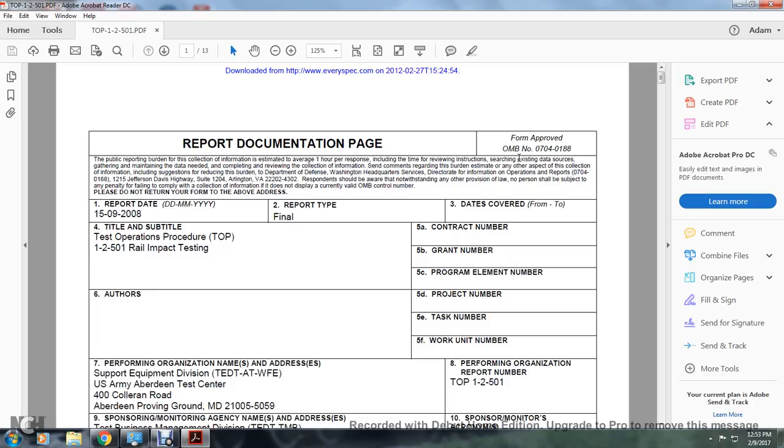reviewing instructions, searching existing data sources, gathering and maintaining the data needed, and completing and reviewing the collection of information. Send comments regarding the burden estimate or any other aspect of the collection of information, including suggestions for reducing the burden, to the Department of Defense, Washington Headquarters Services, Directorate for Information Operations and Reports, 0704-0188,